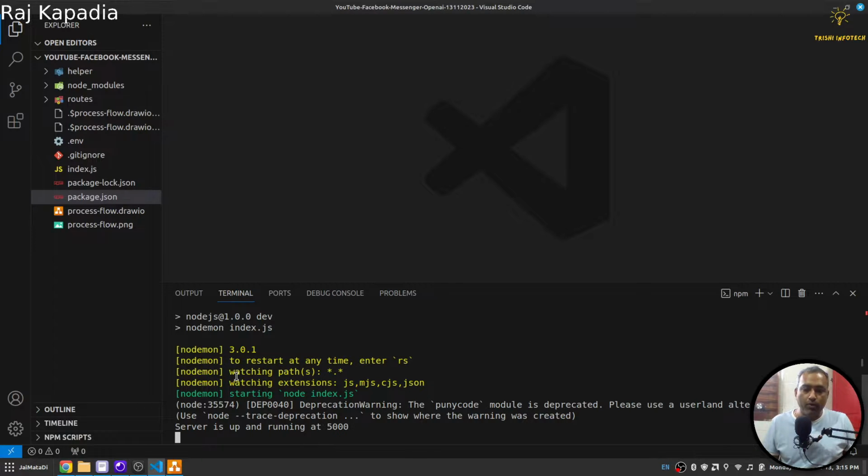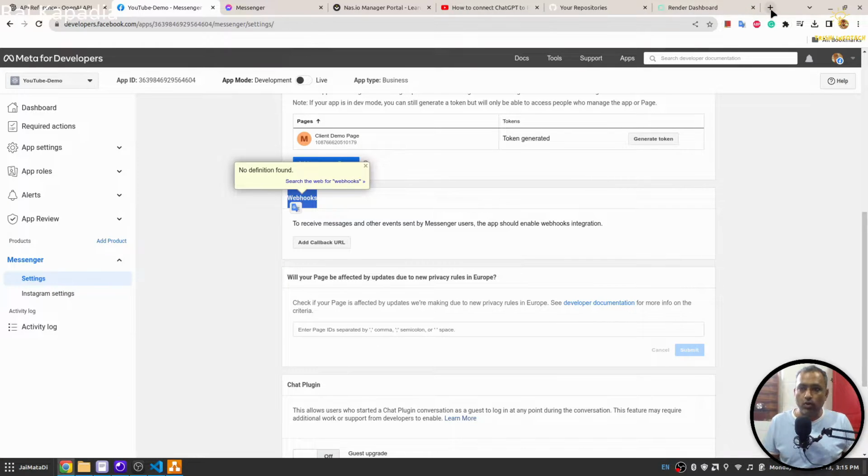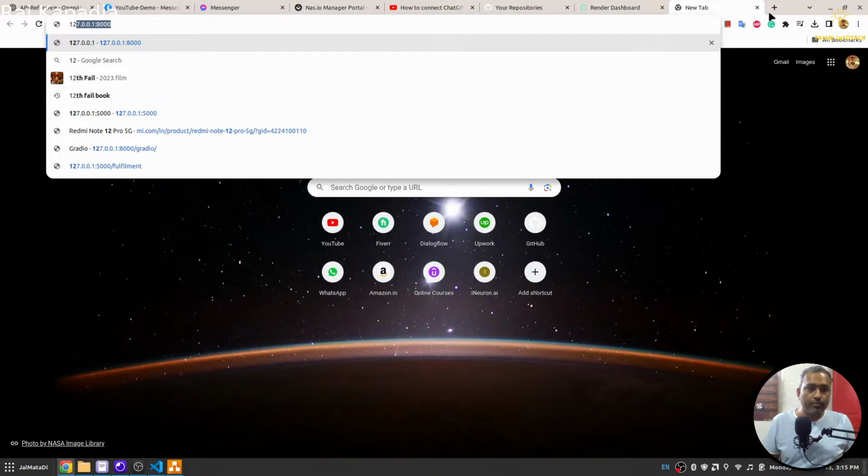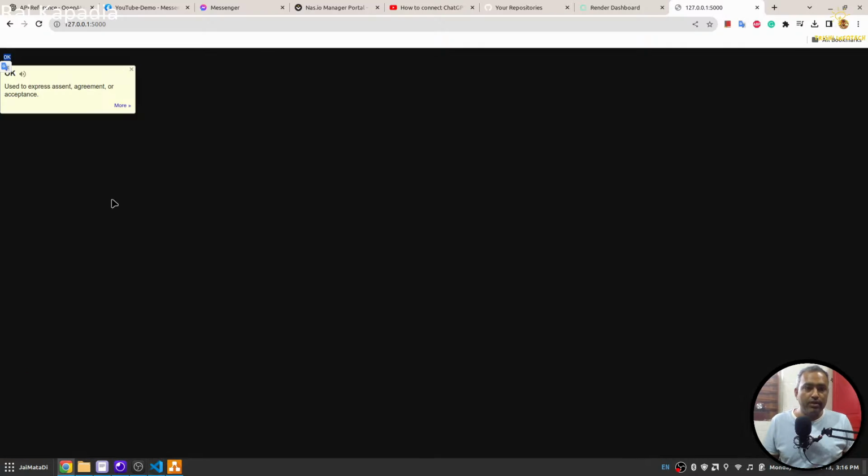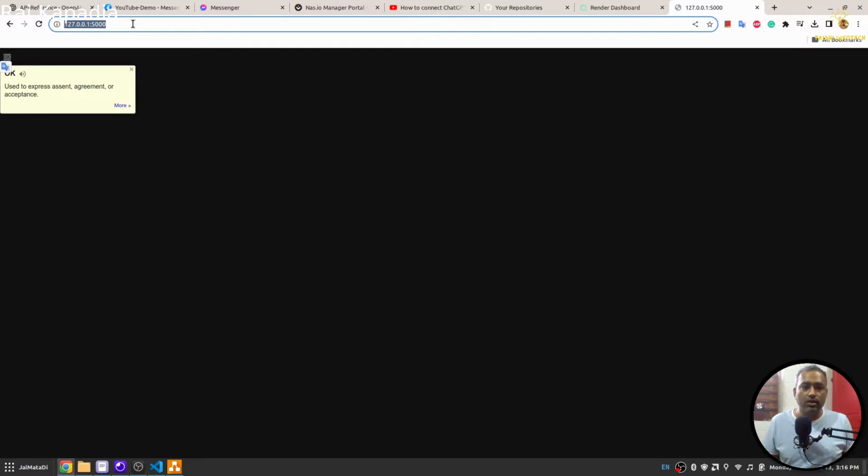Now our webhook is running, but this webhook is running locally on my machine. The Facebook application requires a public URL. This is not a public URL. If I go to my localhost, it is running on 5000, so I'll go to 5000. You'll see that we got an OK response because it is running, but